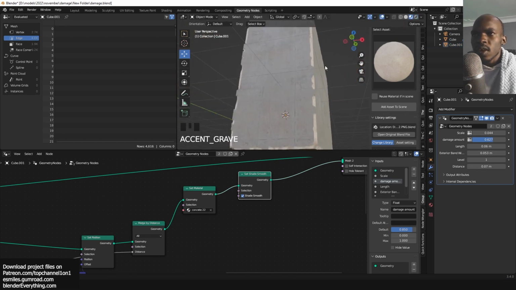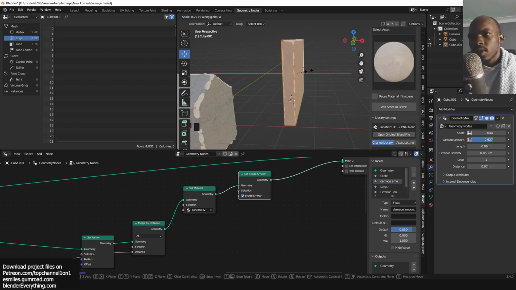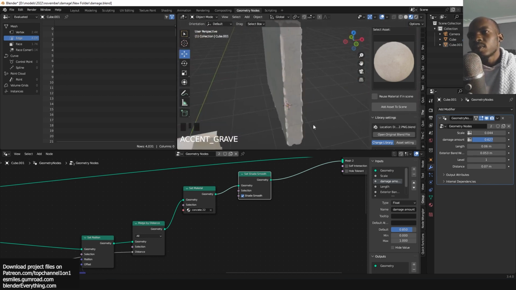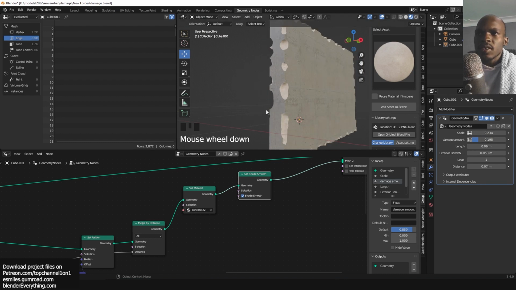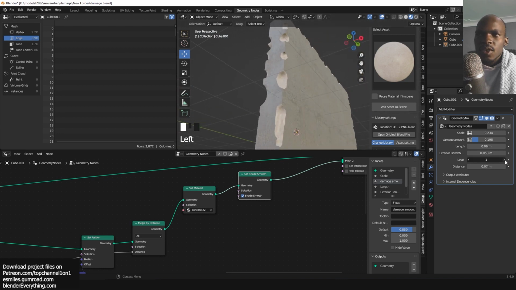You can see how you can make a simple plane that you can reduce the probability of damage, maybe scale up the damage a bit, increase the level, reduce the, let's see,